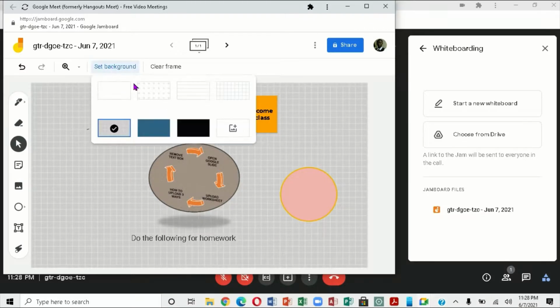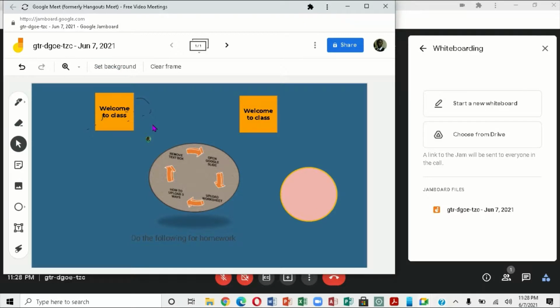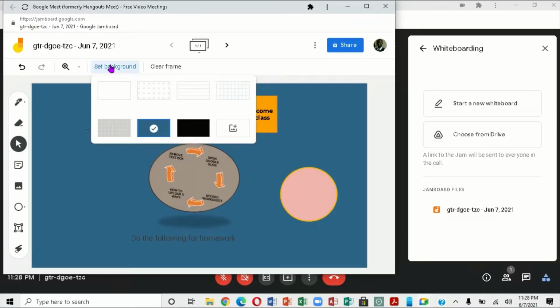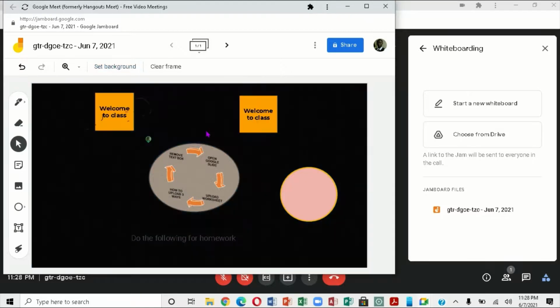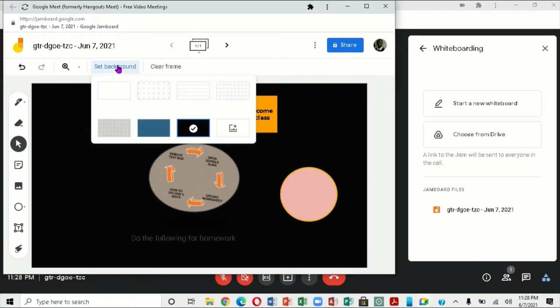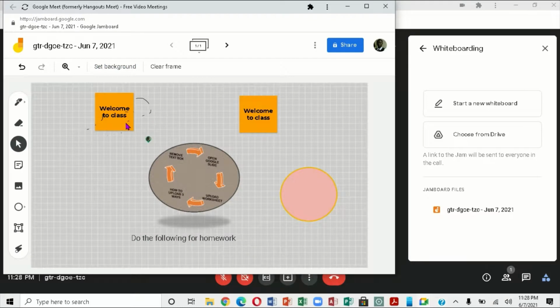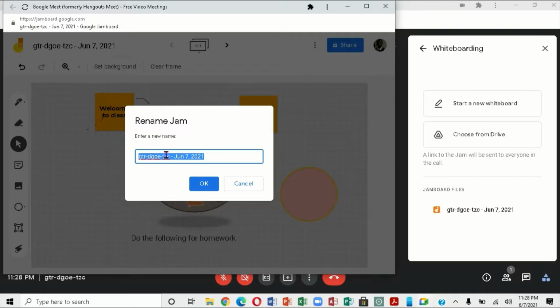I go back again and I click. Notice it changes the background and you can still see the bird. Right, you can go back and choose a darker color. Go back and choose this particular color. Right, so it's very important, right? And if you come right here, you can click right here so you can put in a name, right? So enter new name. So the new name I can actually put in is